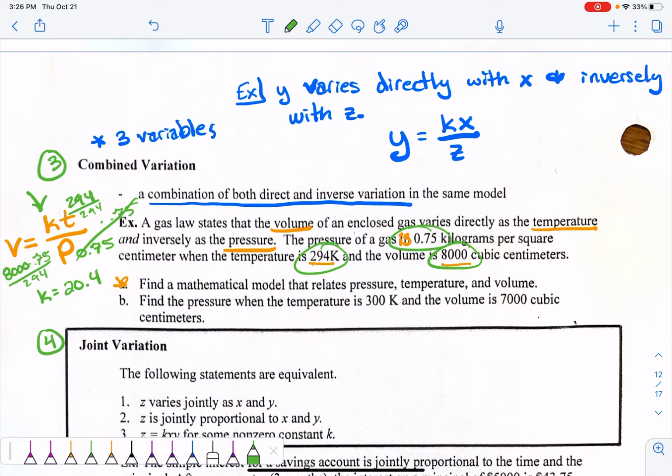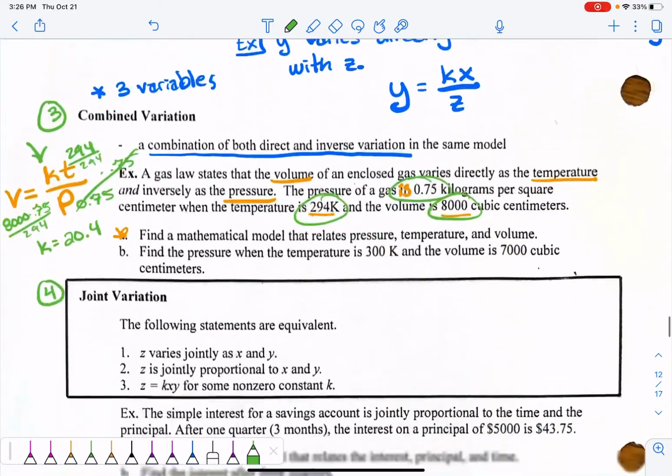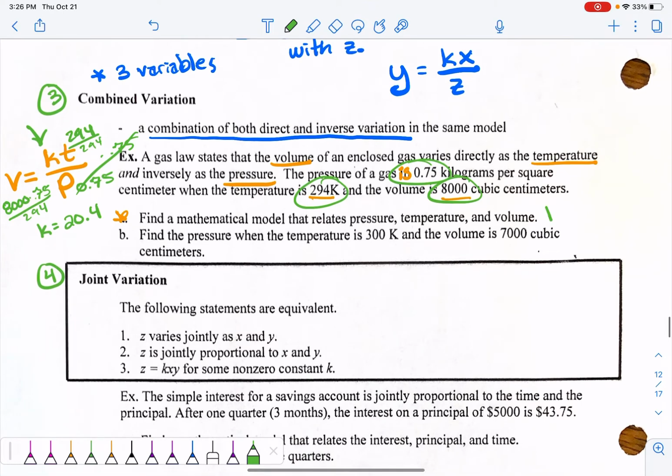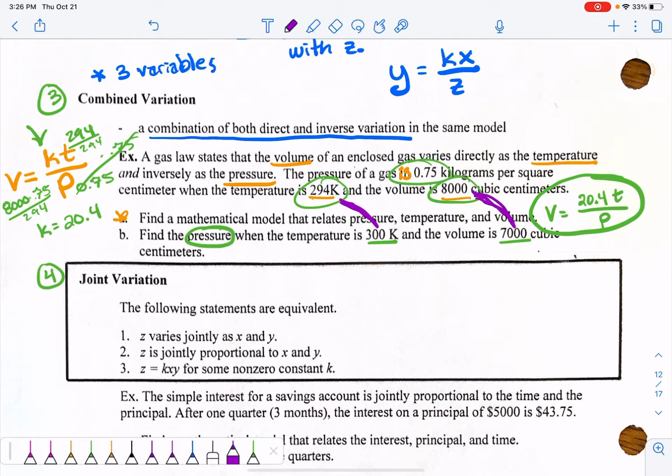So I'm going to write the mathematical model, which is all the way down here. Volume is equal to, that constant was 20.4 times the temperature over the pressure. And that's what they're wanting for part A. Now they're saying find the pressure when the temperature is 300 and the volume is 7,000, okay? All right, so the temperature has only slightly changed from 294 to 300, and the cubic centimeters only slightly changed from 8,000 to 7,000. I mean, that is a little bit of a change, but